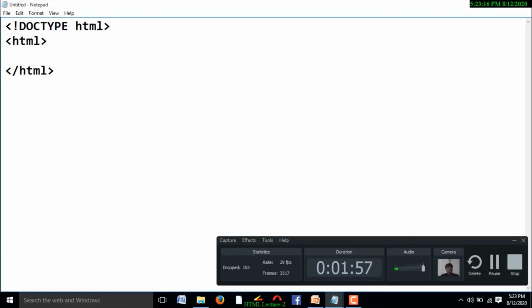This is the HTML element, and inside the HTML element we are going to write two compartments. One is the head, this is the closing of head.